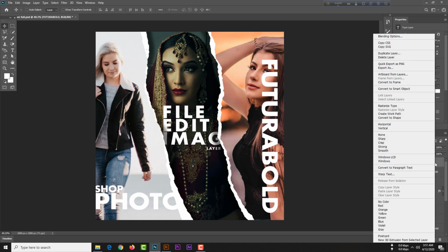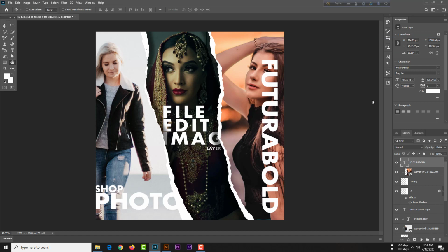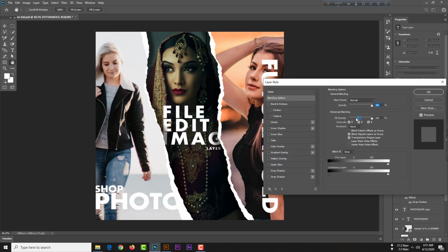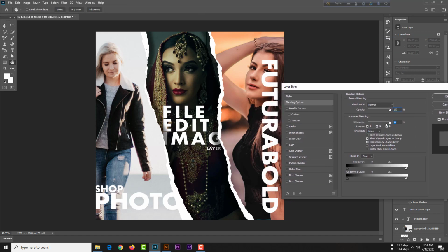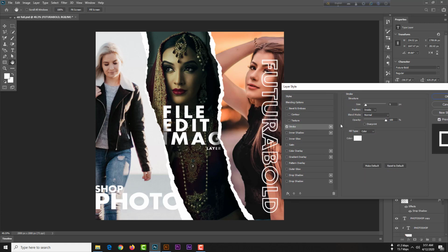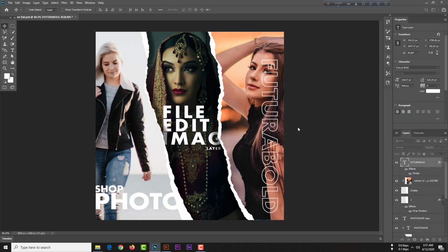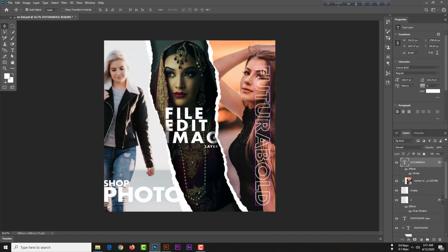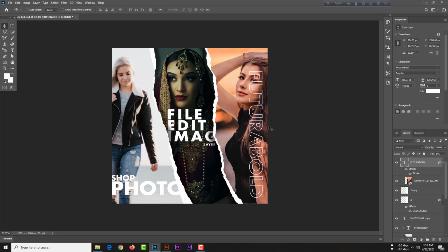Okay, enter button, then right click here, blending options. Your fill opacity will be 0. Go to stroke. Your size will be 5, and blend mode normal, opacity 100%. Okay, then simply hit the OK button. So this is good, huh friends? So that's how you do a wonderful magazine cover